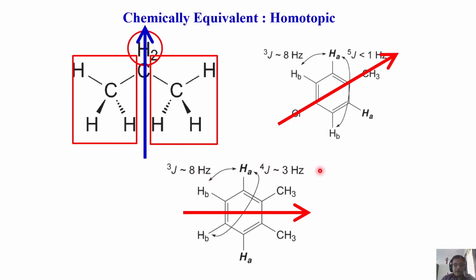How many chemically inequivalent carbons can you think of? One carbon for the two methyl protons, which are equivalent. What about this carbon? They are different. They are not equivalent with the other carbons. So this is another carbon. These two are equivalent. What about this carbon and this carbon? They are different. What about this and this?